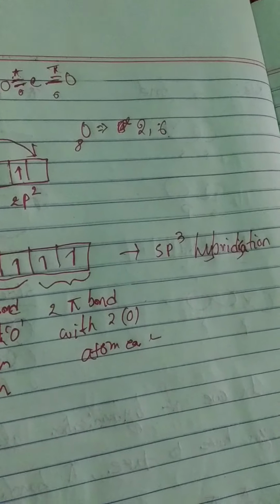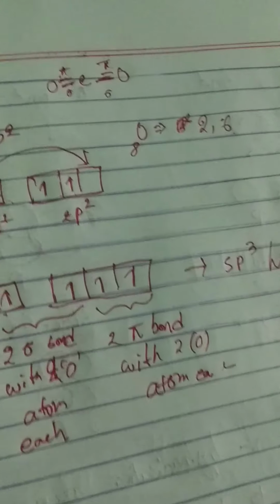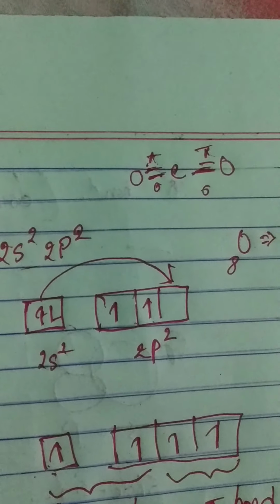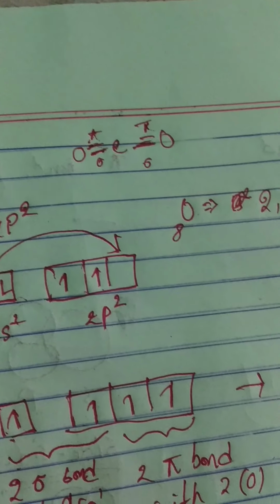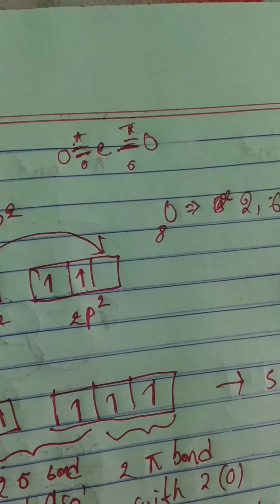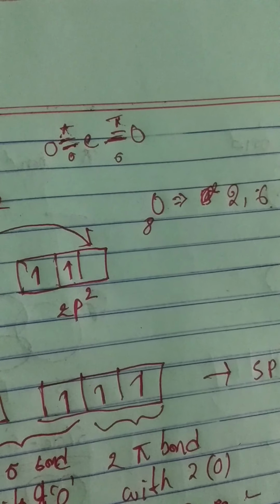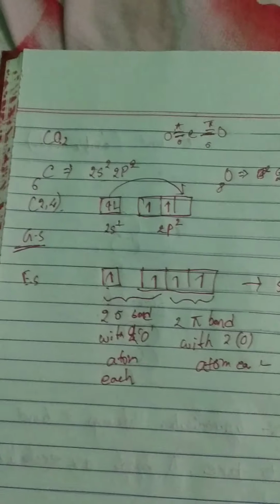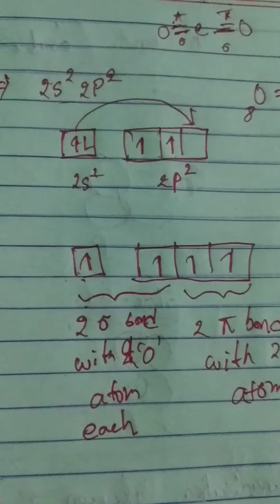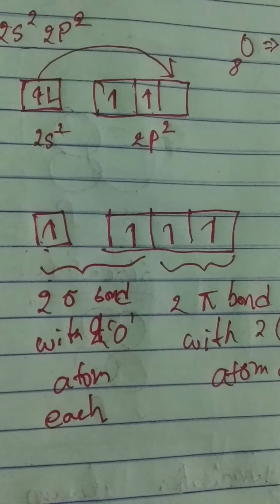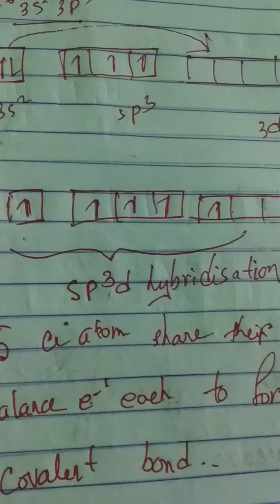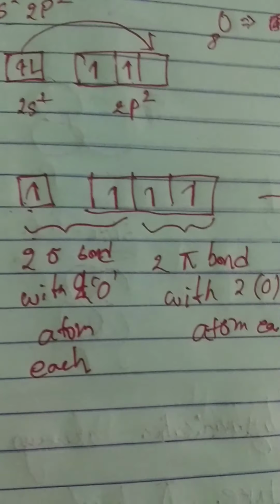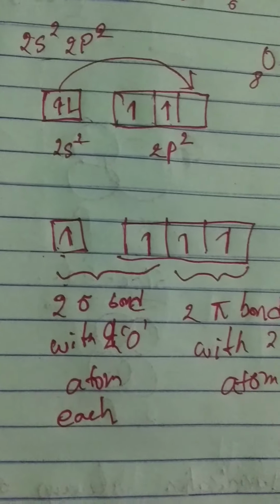So don't be confused that sigma bond and pi bond both are covalent bonds. Both are happening like mutual sharing. Sigma bond and pi bond both are covalent bonds, and both need unpaired electrons from both the atoms. So both are covalent bonds. Their formation, their mutual sharing is the same. Only the names or identifications are changed. So earlier we did all sigma bonds. Earlier in case of PCl3, PCl5, we did all sigma bonds. That's why we did not mention. But whenever the pi bond came, we are mentioning it separately. Okay, nothing is abnormal. It is fine. Only we are going with the rule. No exception. So these two are pi bonds.